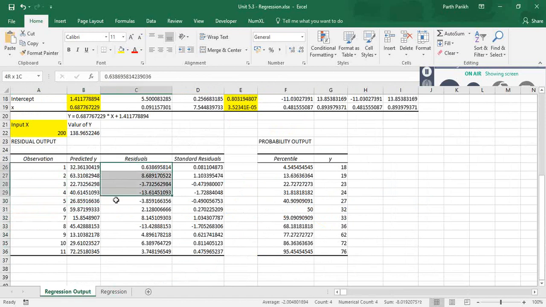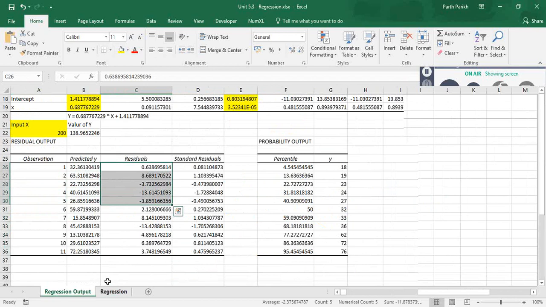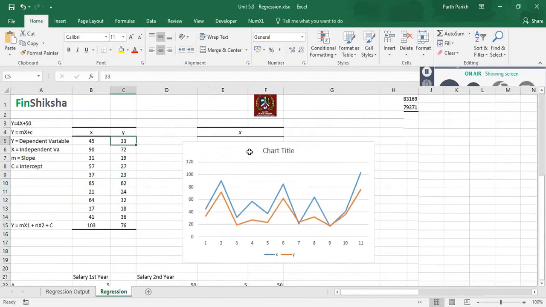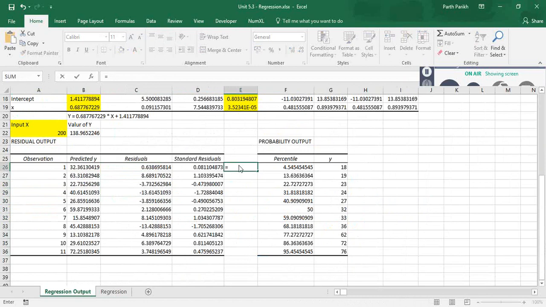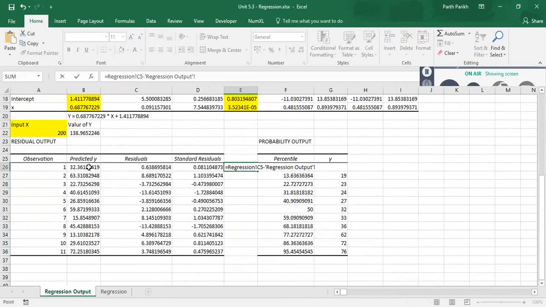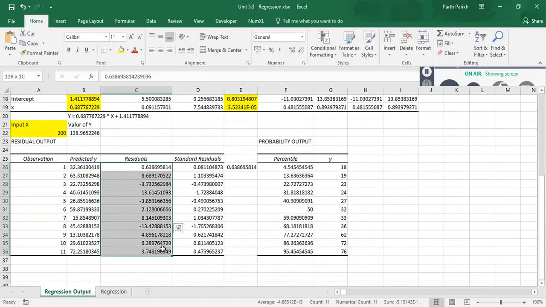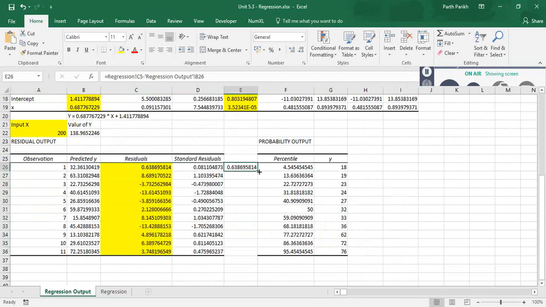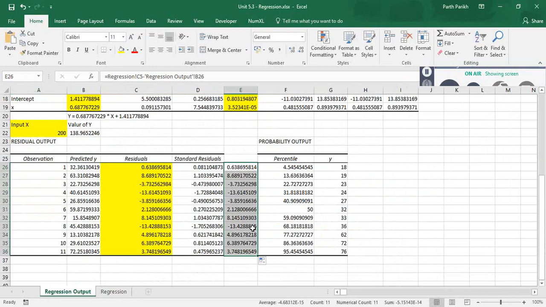And then it has found out the difference from the actual value, which is 33. So let's find out. From the actual value, which is over here, 33, minus whatever Excel has predicted, this is 0.63, the same value over here. So this is more important for us. I will drag this, and all the values are the same. This basically says that if my R square is high, if my significance F is low, if my p value of the independent variable is low, I can accept these residual plots.